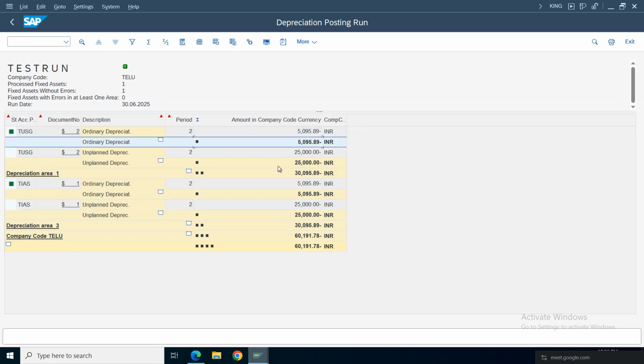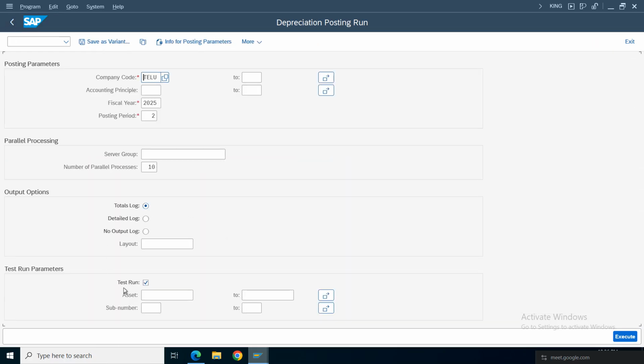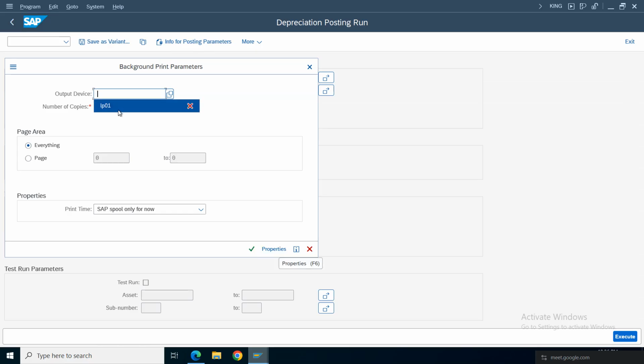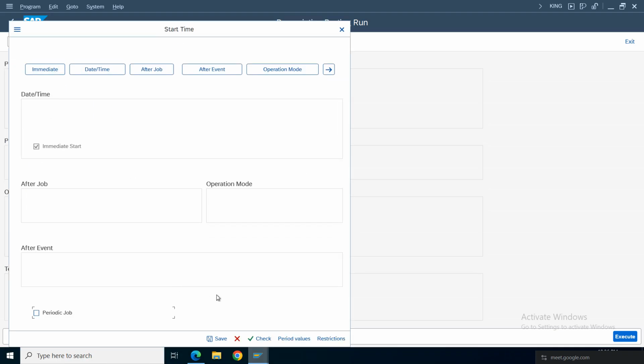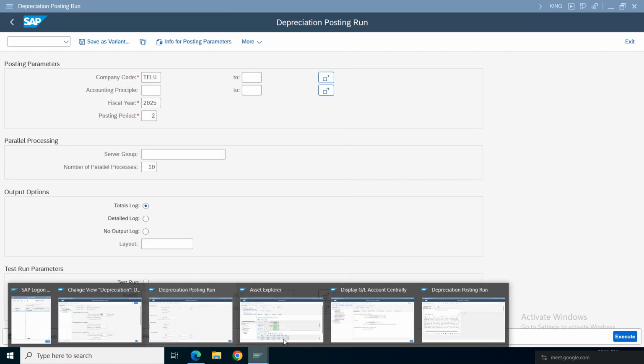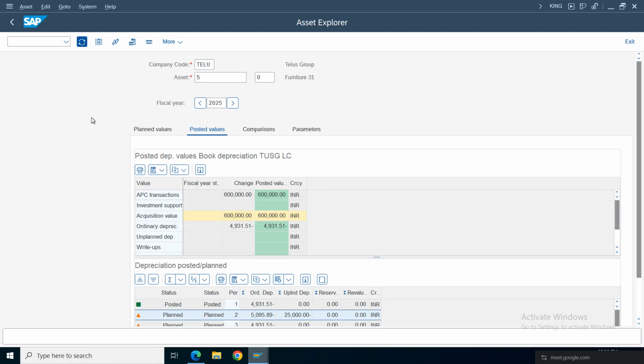ఇది ప్లాన్డ్ డిప్రిసియేషన్ అమౌంట్ క్యాలిక్యులేట్ చేసింది. ఇది వచ్చేసి మన ప్లాన్డ్ ఫర్ టూ అకౌంటింగ్ ప్రిన్సిపల్స్. ఓకే, క్లియర్గా ఉంది సార్. ఇది planned amount, planned depreciation, unplanned depreciation, basically for the two accounting principles. So it's showing green color now, no errors. So ఏం చేస్తాం సార్, execute in the background. Click on enter LP01, click on continue, immediate, click on save. So go back to the asset report, click on refresh,